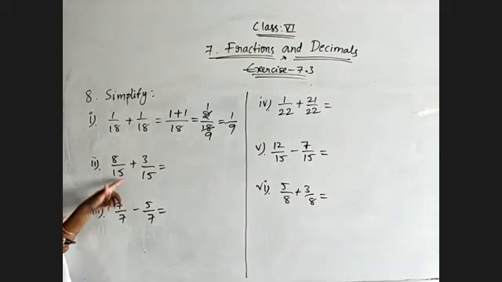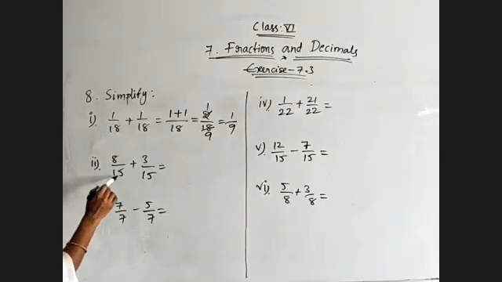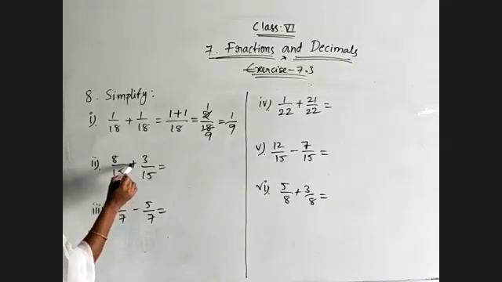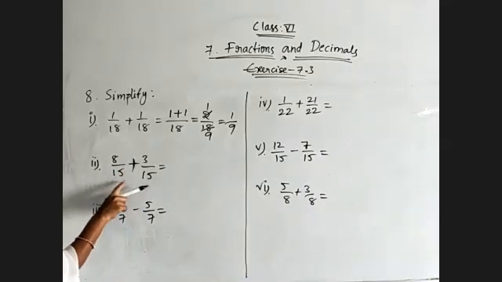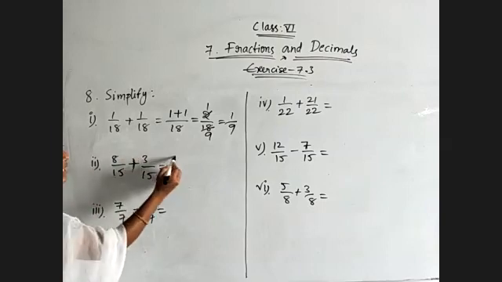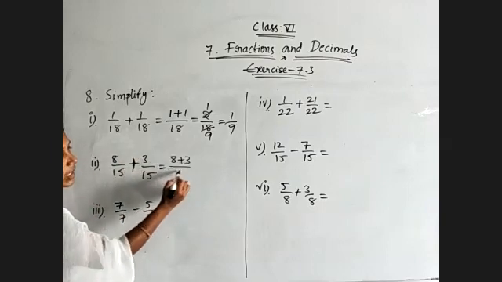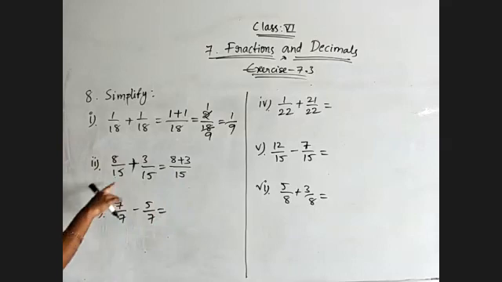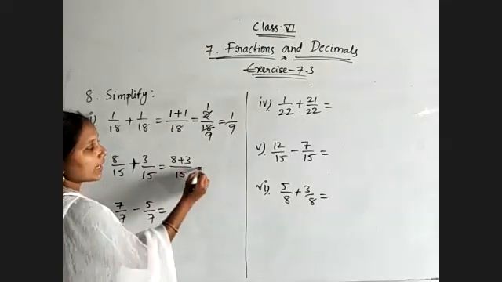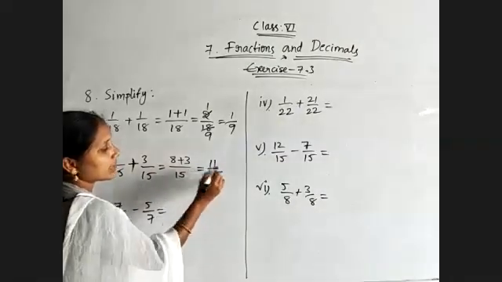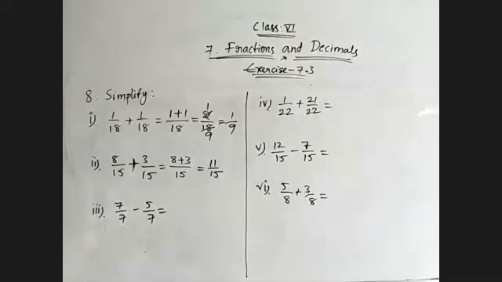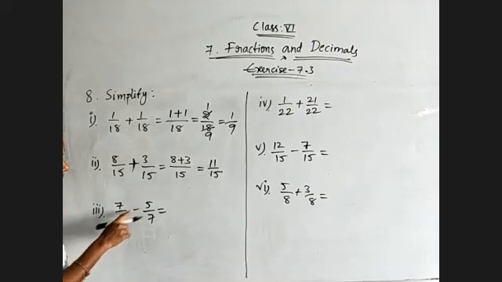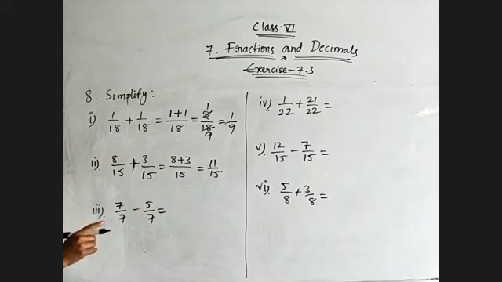Okay, now coming to the next one. Both are having 15, 15 and addition. So the sum of like fractions is equal to the sum of numerators by the common denominator. Only once you must write the denominator, don't write 15 plus 15, okay? So which will be equal to 8 plus 3 is 11, 11 by 15. 11 by 15 is in lowest form only. There is no cancellation possible, okay? And it is a proper fraction. If you are getting an improper fraction, then you need to convert it into a mixed fraction.